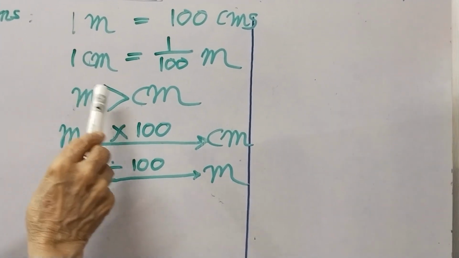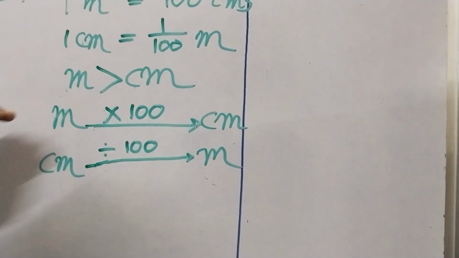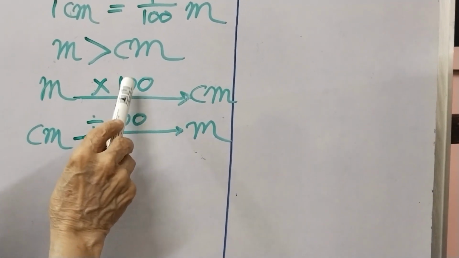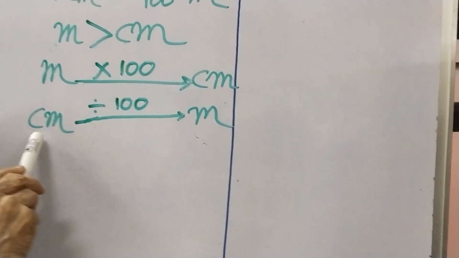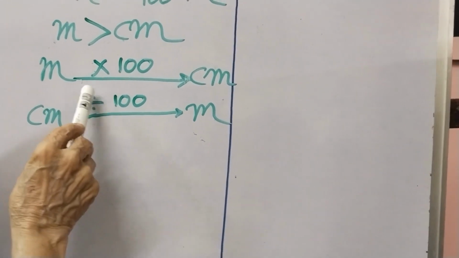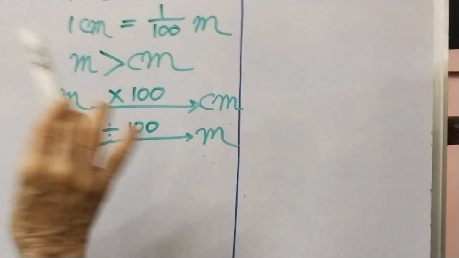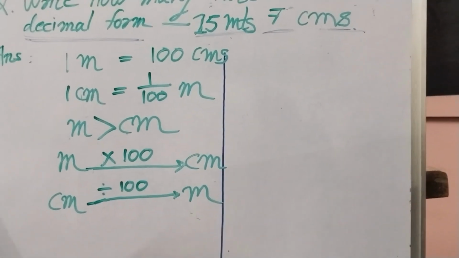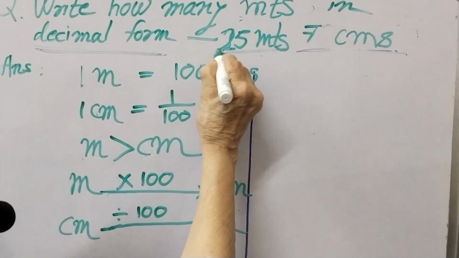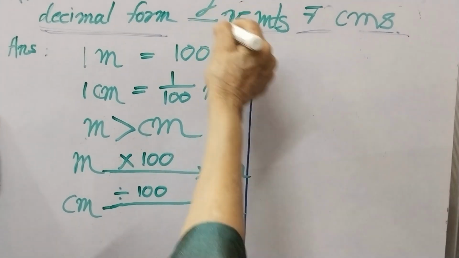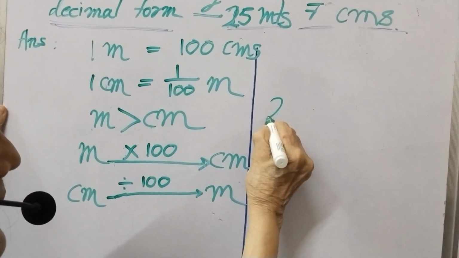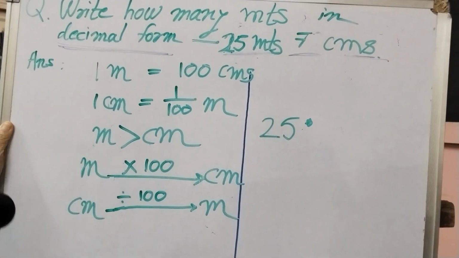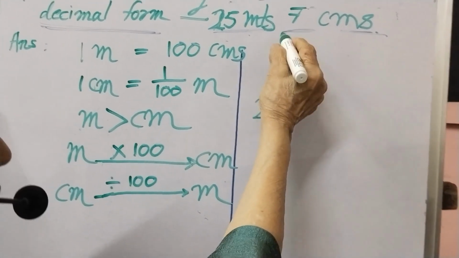So naturally, a meter is bigger than a centimeter. So from the bigger to the smaller one when we go, we have to multiply by 100. And when from smaller to bigger we are going, we will have to divide by 100. So this is the basic knowledge required for such types of questions. Now let us come on the answer itself. They have given us 25 meters. Now this is a whole number, and hence 25 will fall before the decimal point. Now put a decimal point and we enter the area of